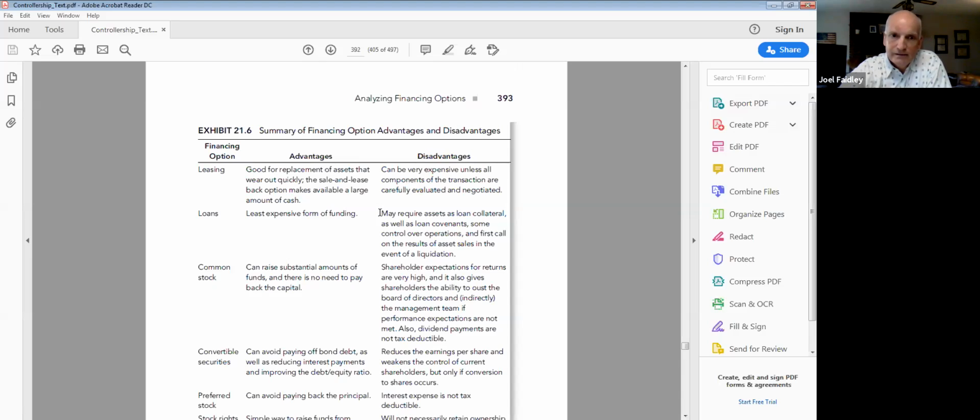All right, then the next page, summary of financing option advantages and disadvantages. What about leasing? You know, it used to be operating leases and capital leases. That's changed now. Everything that's 1 year or longer is a capital lease. It used to be you had the four-way test. Remember that? And operating leases are more expensive, but